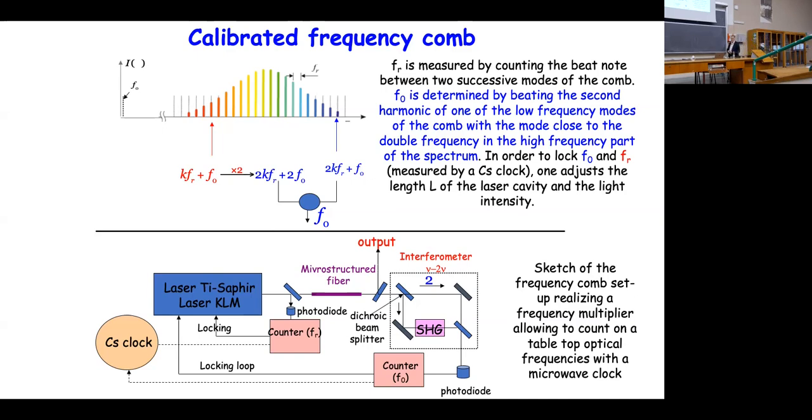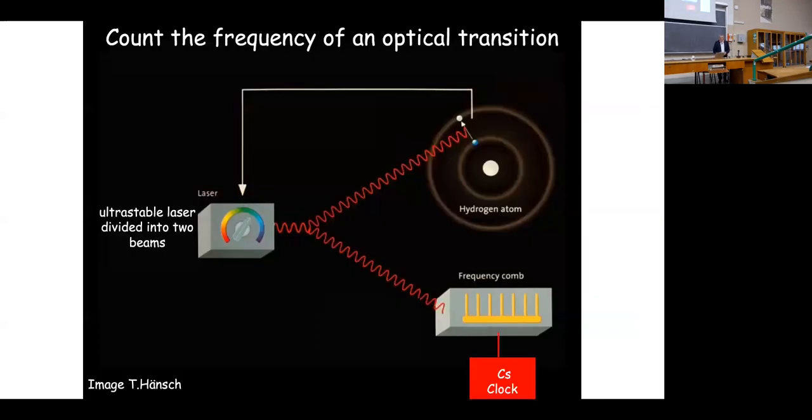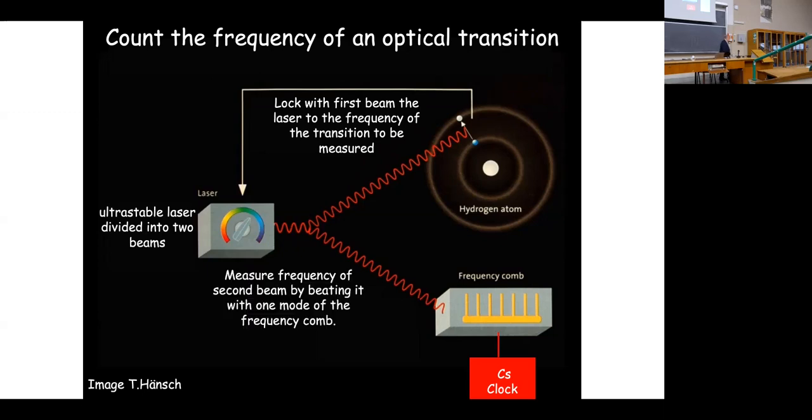So what do you do next if you want to do spectroscopy? Shown here, for example, is the hydrogen experiment that I showed you at the beginning. How is the frequency measured? You have a very stable laser, and I will tell you in a moment how we get very stable lasers. You divide the laser into two arms. One arm is sent on the atomic sample to measure the frequency of the atomic transition. So you lock the laser to the atomic transition, to be at the peak of the atomic transition line, for example, a 2-photon transition. And then the second arm is sent on